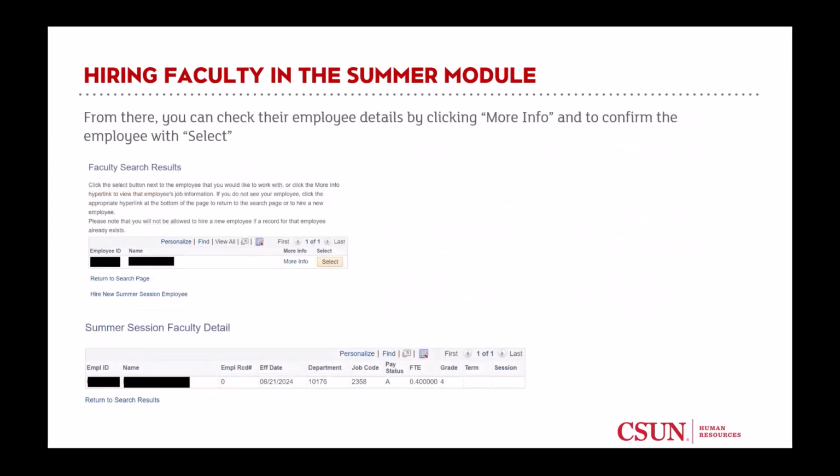Then once you fill that out, it'll take you to the faculty search results page, just asking you to confirm the details, make sure it's the correct employee and their employee ID. You can also click More Info to see their current role or previous role in their primary position. In this case, it's a part-time lecturer. You can see those details, make sure that's the correct person, and then you hit select, and it'll take you to the next page,